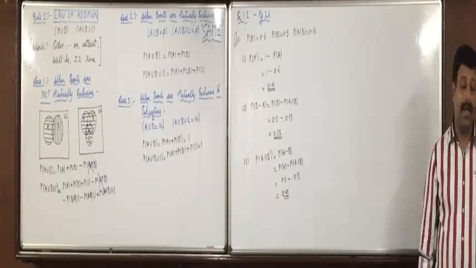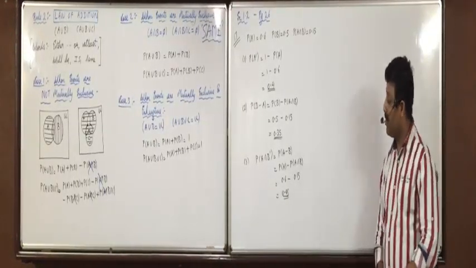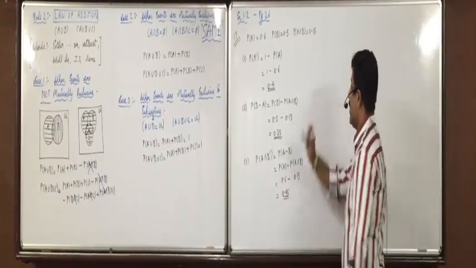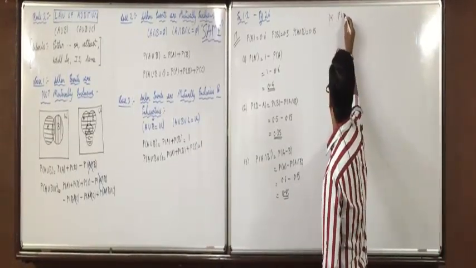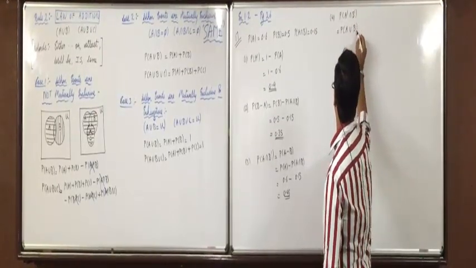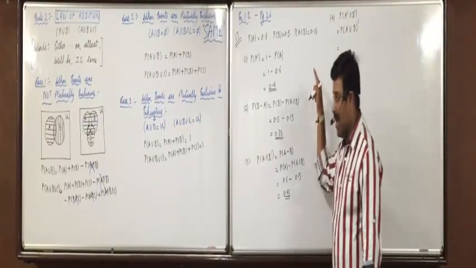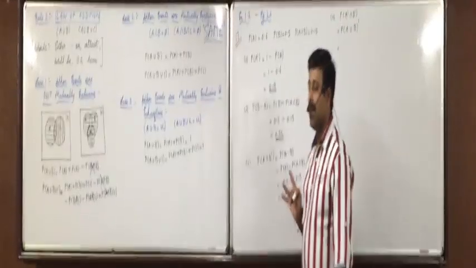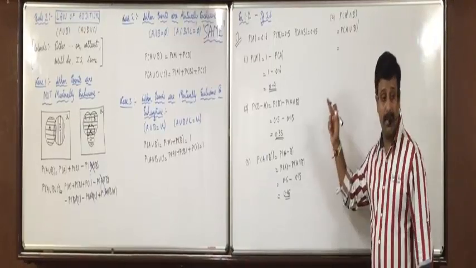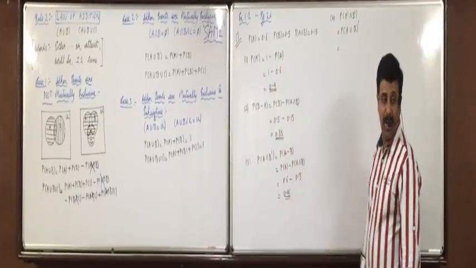Next, A not intersection B not. A not means A complement, intersection B not, B complement. Fourth is A not intersection B not. This also we have written as P of (A union B) whole not. Do you remember this? For this fourth question, I have taken this entire concept today also, because A union B will have to be found out first. Now, how will you find (A union B) not? What is A not? 1 minus P(A).